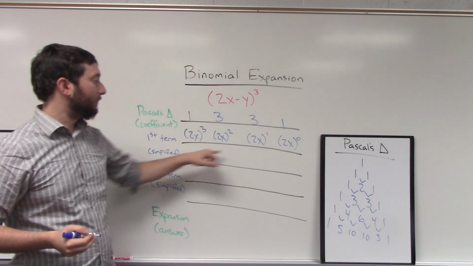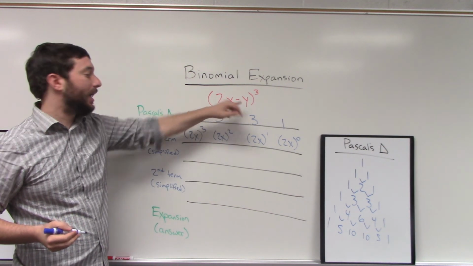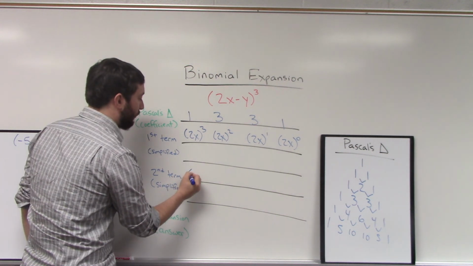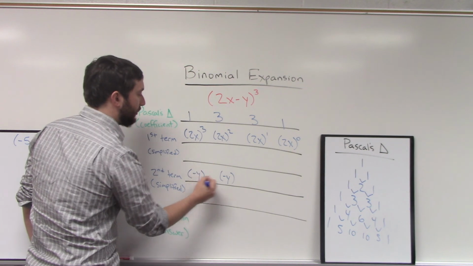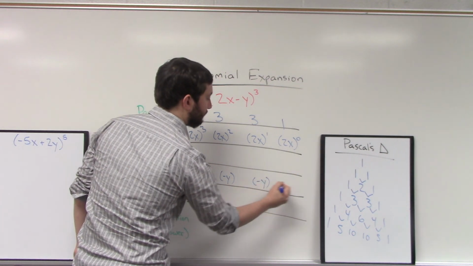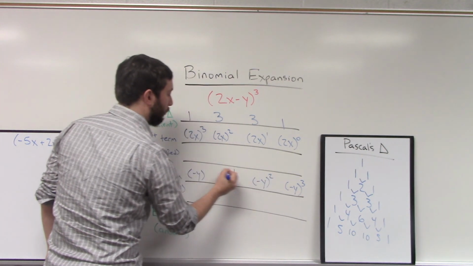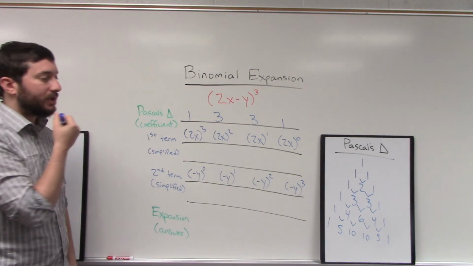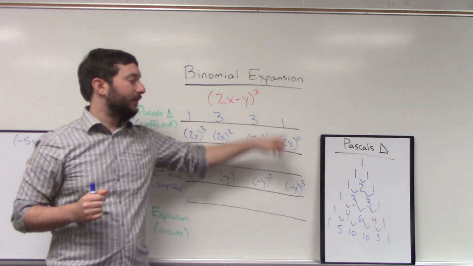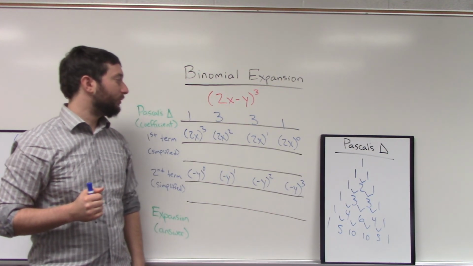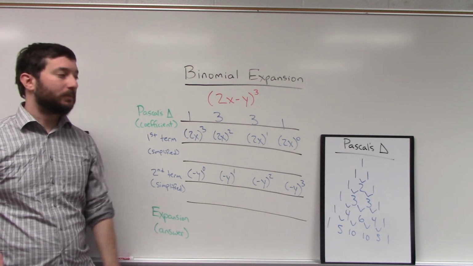Okay. We're going to simplify that shortly, but we're also going to do the same thing with our second term, which is negative y. We're going to take negative y and also do a countdown. But in this case, we're going to do that countdown in reverse. So 3, 2, 1, 0. What's going to happen is that when we multiply these 3 simplified rows in each column, we're going to get the same answer that we did when we multiplied the problem out